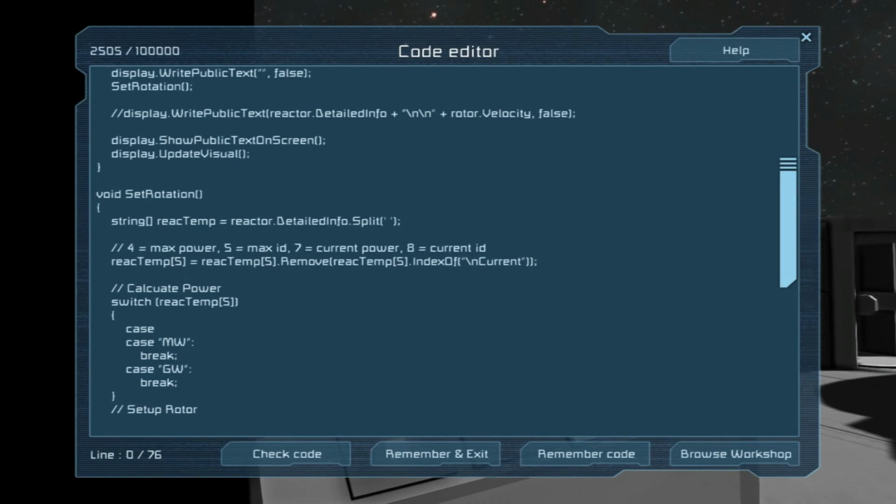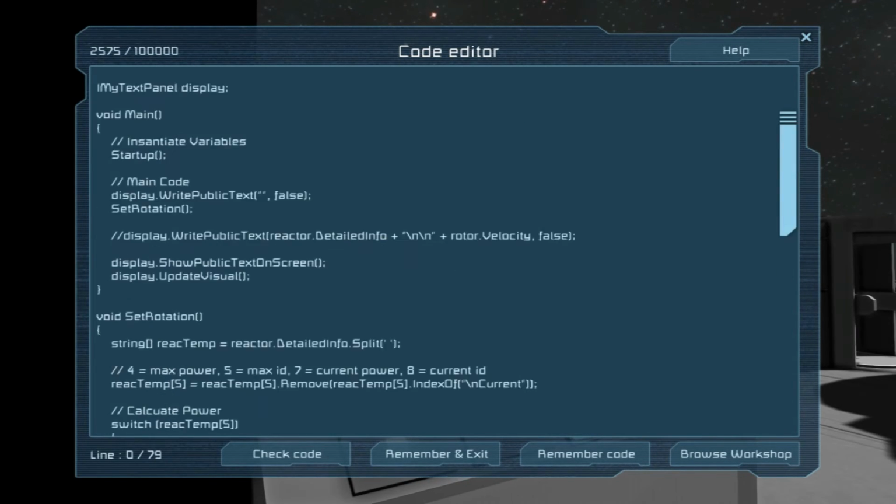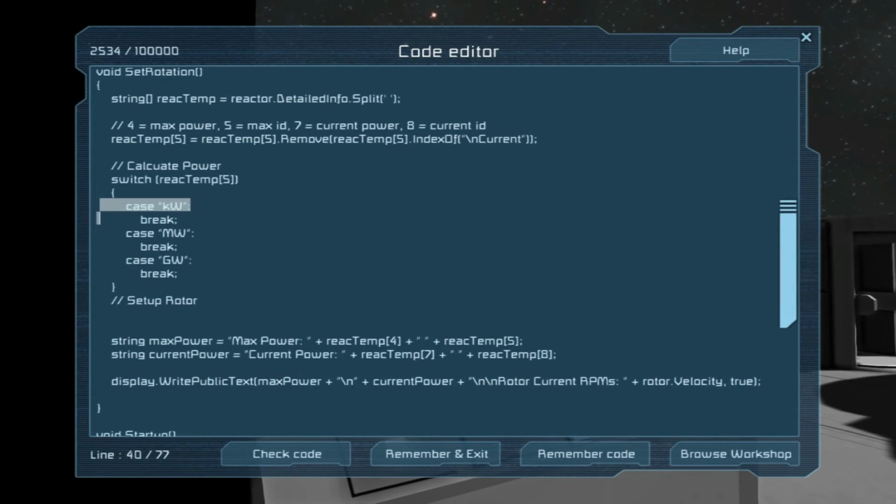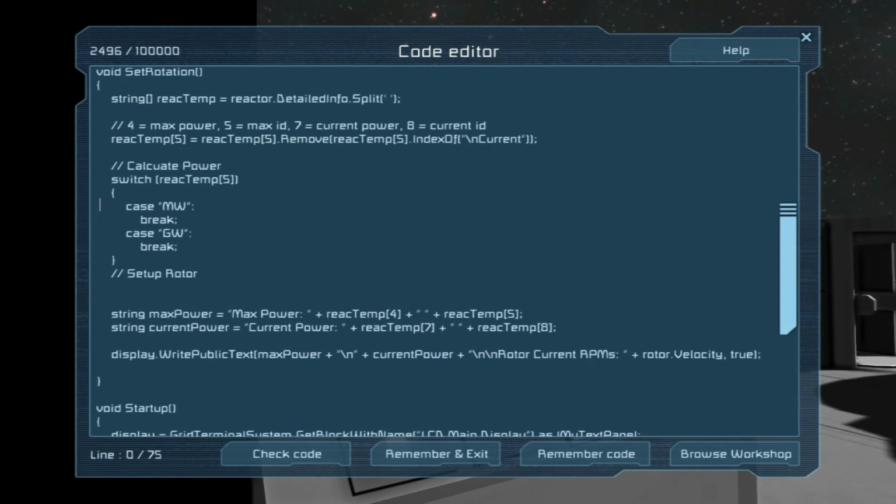Let's also do kilowatts. And we'll do just on the off case. It's not even really possible, but just because if you were using some kind of mod that was a tiny reactor and it put out in kilowatts, I don't know. No, we're not going to need watts. We're not even going to need kilowatts. So let's just work with what we need.